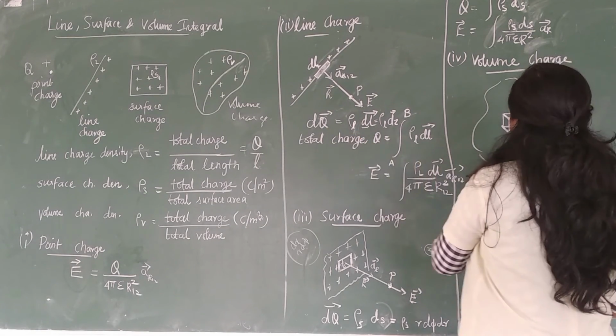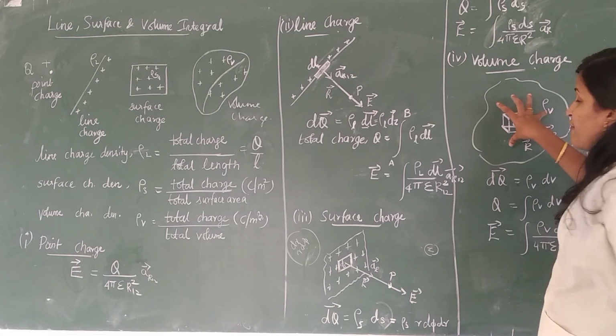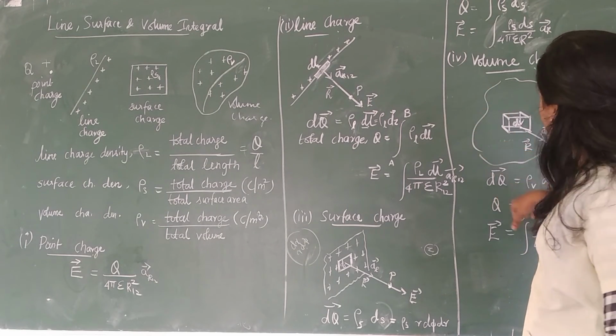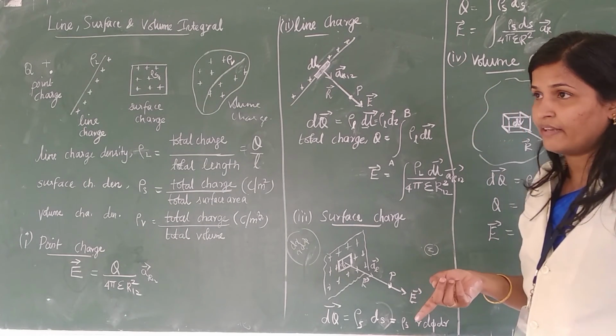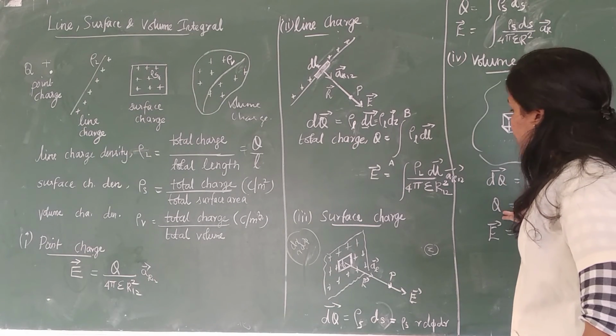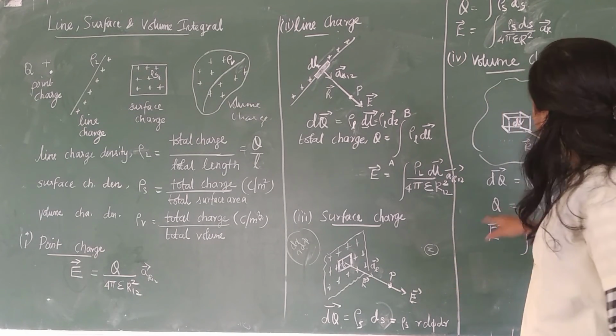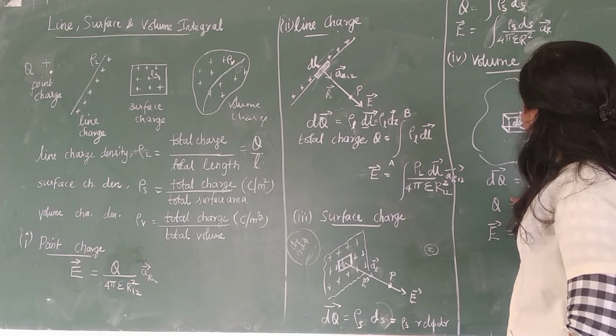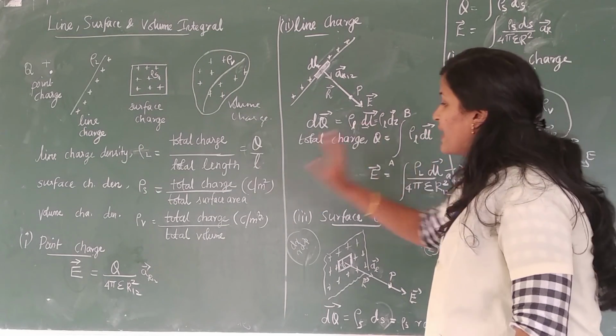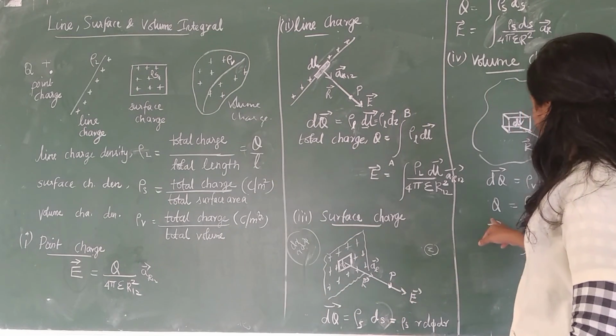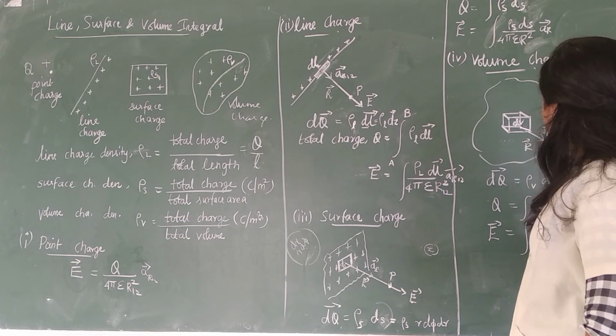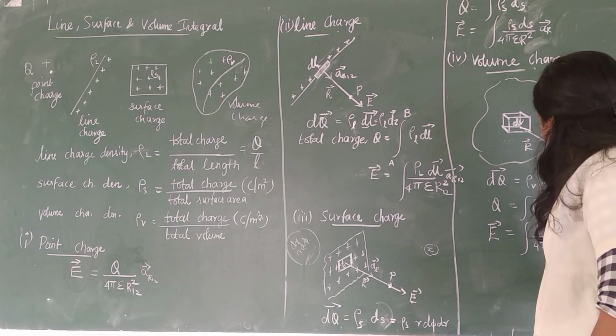First find dq. If it is a volume charge, dq equals rho v dv. To find q, you just integrate it, and then substitute q in the E equation. So the electric field intensity is the integral of rho v dv, and the denominator